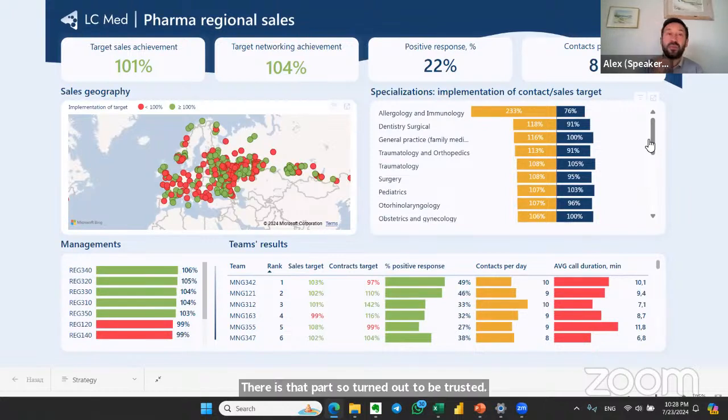For the next month, there was not so significant a difference, but month by month, data was not consistent, and business unfortunately turned back to Excel spreadsheets and manually developed PowerPoint presentations, because no one could fix their data flows.